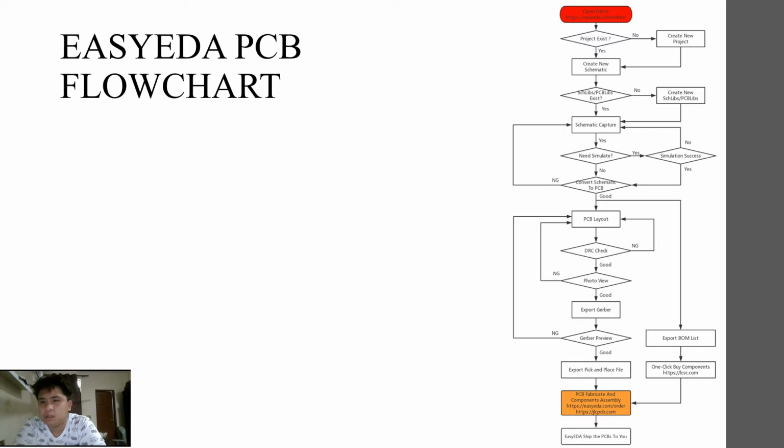This is the website, https easyeda.com editor, and then project assist, and then select create a new project, then create new schematic, and then SCH libs or PCB libs assist, and then create new, and then schematic capture, and then click simulate, and then